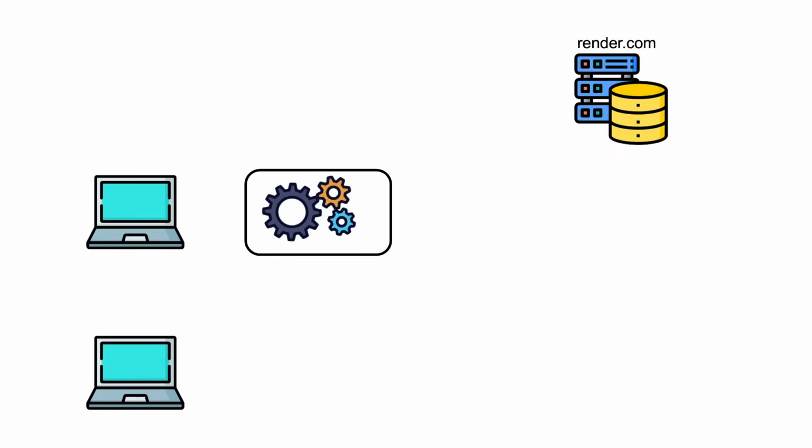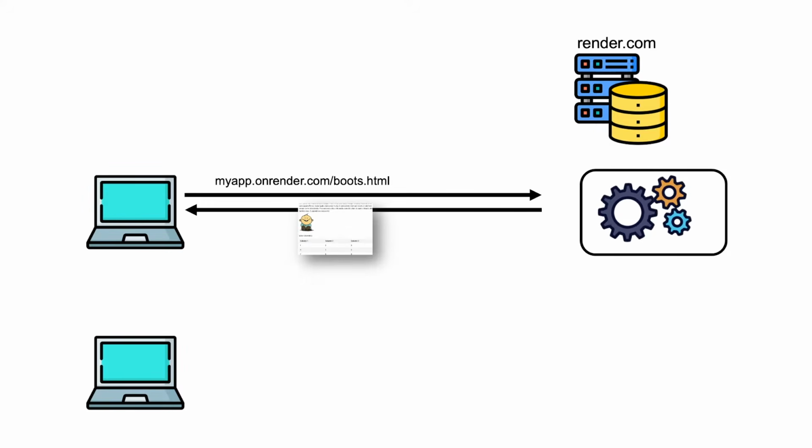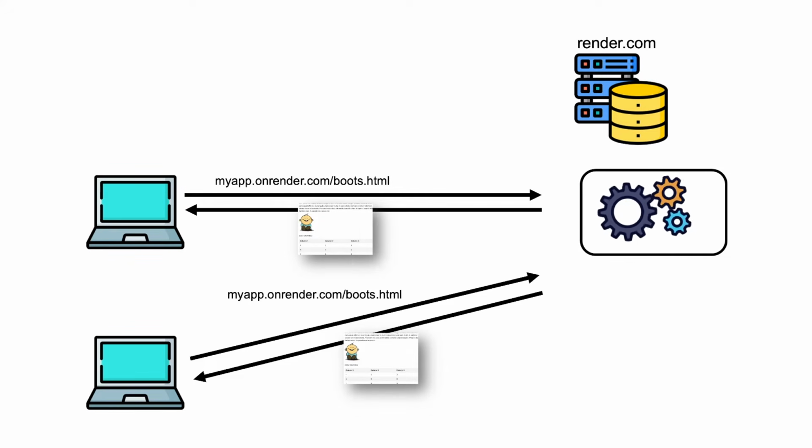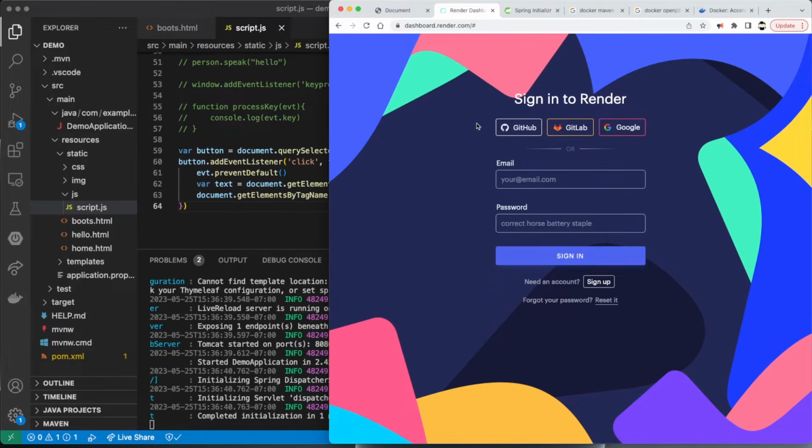So what I want to do is be able to push it to a production host like render.com, which we're going to talk about in 1 second, so that anybody with a URL will be able to see the file that I've created. All right, so the first thing we need to do is go over to render.com, and